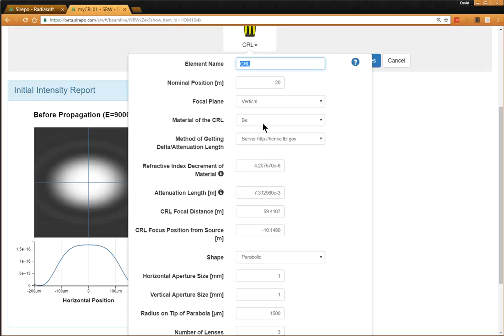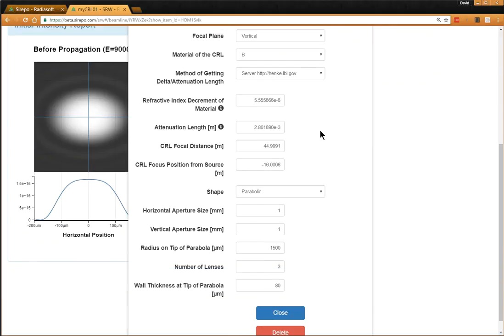By default, the material is beryllium. I'll change it to boron. And by default, the server goes to the page at the Center for X-ray Optics at LBL, using the results of Dr. Henke et al. And with these choices, the appropriate input values have been set automatically. In particular, the refractive index decrement of the material and the attenuation length. So we close this,